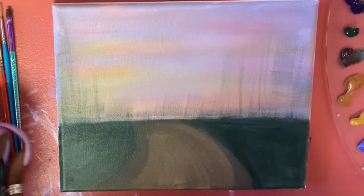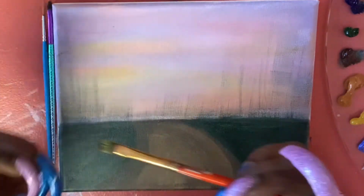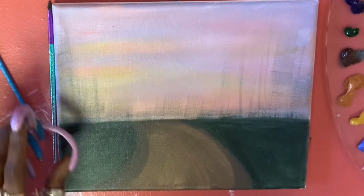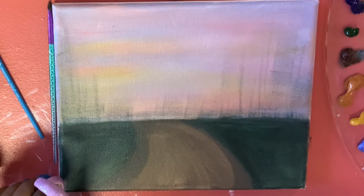Okay, so mine is all dry. I am going to take my small flat brush. This is the size. I'm going to dampen it a little bit. And I am going to go into my burnt umber, a little bit of black, a little bit of white, make a gray color again,